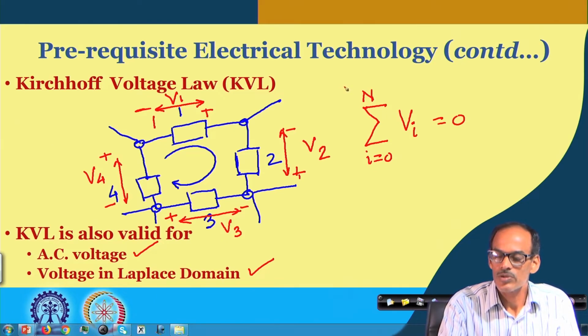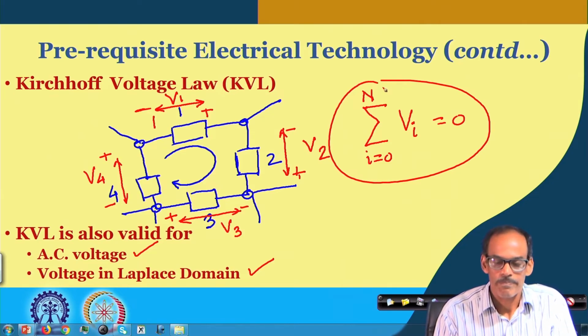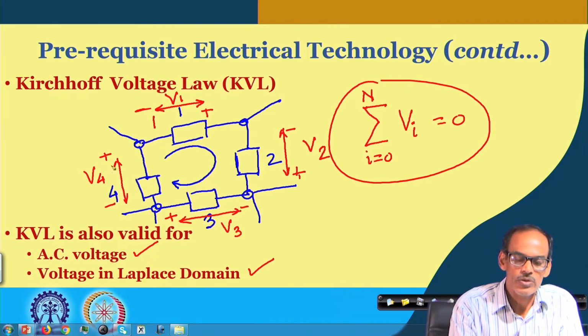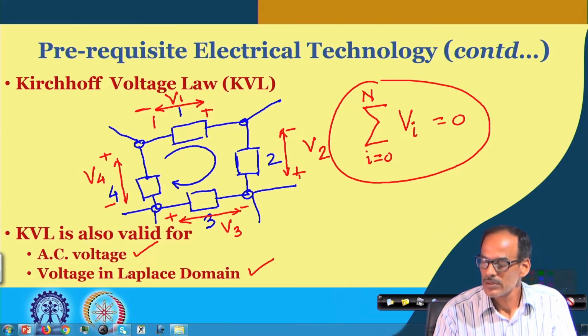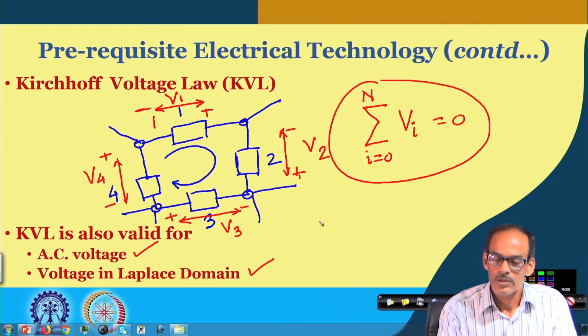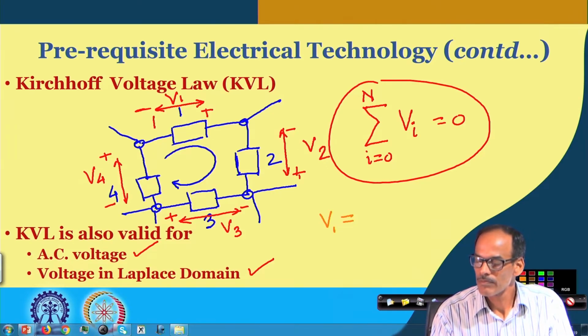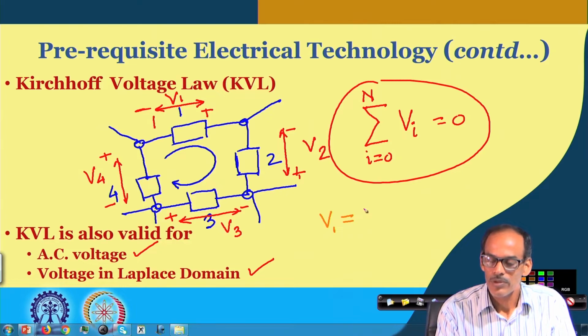So, this is what we know as KVL, and each of these signals may be presently in the time domain, but this KVL is valid even in other domains. So, if we consider V 1, it may be V m 1 sin omega 1 t,